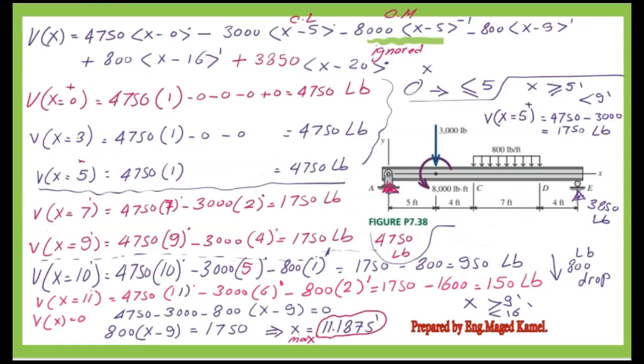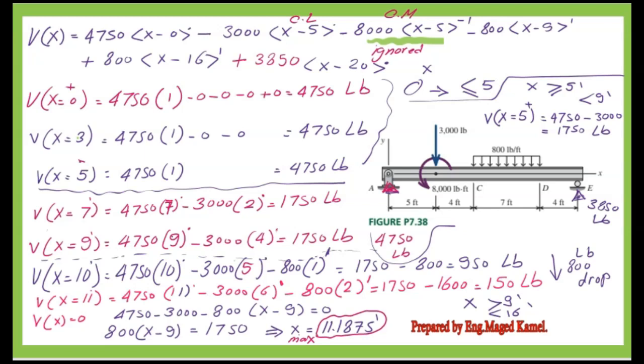In the next slide, we'll introduce the expression of V of x, and we start to get the values of the shear at various points. This is the expression for V of x. We start by V of x equal to 0. We consider it as 0 plus or small amount more than 0. So we have the V of x equal to 0 plus will be